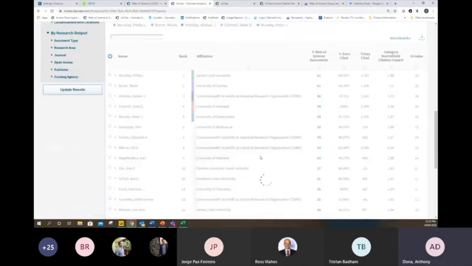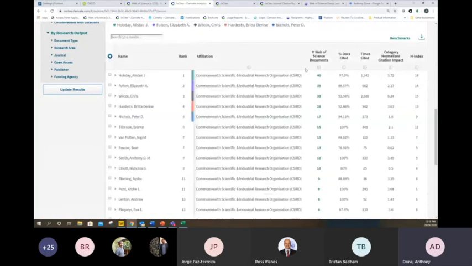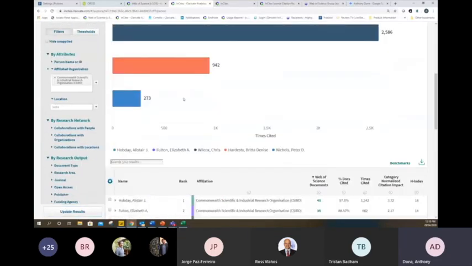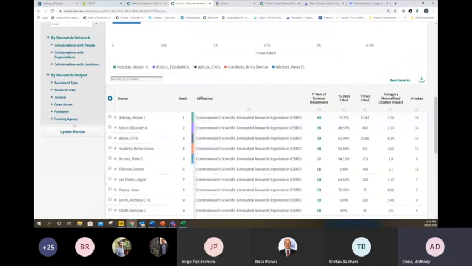I can even go one step further and filter by an organisation here, filter by CSIRO, and look at only researchers at CSIRO and compare them in their contribution to aquamarine sciences in the last, I think I've still filtered by just the last 7 years. If I was to extend this out to the whole data set, obviously these numbers would change and you get more comprehensive data, and you can do that however you like.